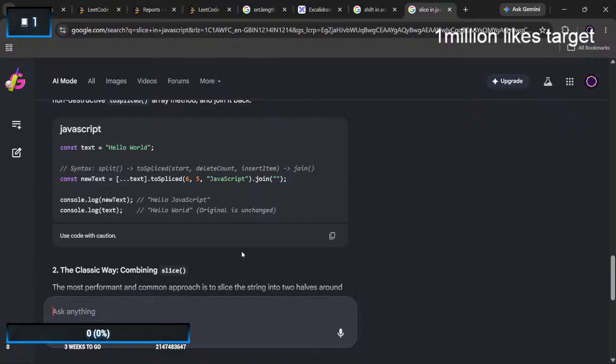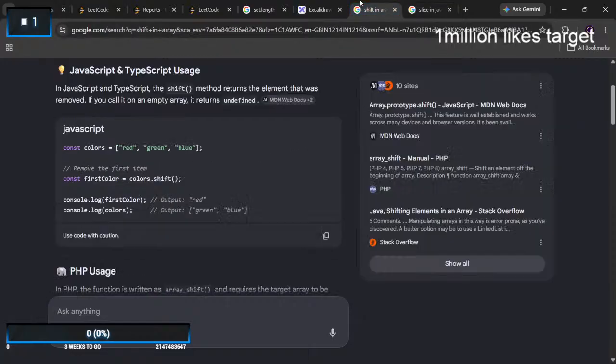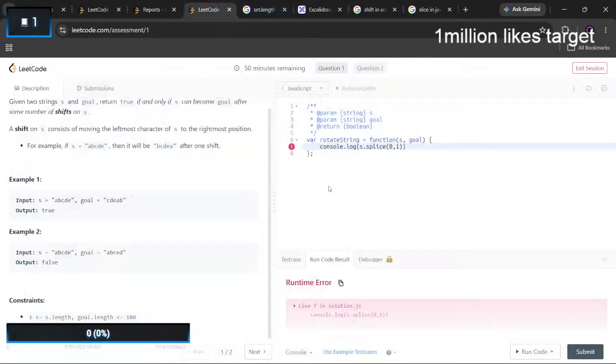What I was thinking, like, when we split the.